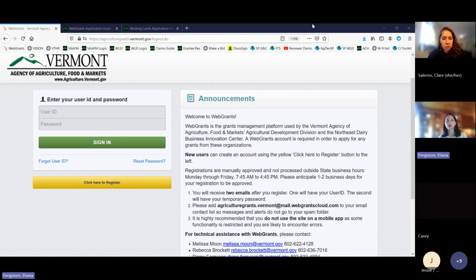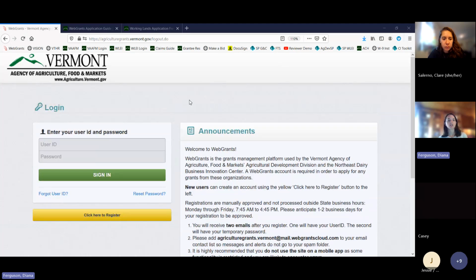So if this is your first time and you haven't yet registered, then you can visit this link, click here to register with the yellow button. It only takes about a minute or two. There's sometimes announcements logistically related on the homepage. If you have an organization where you will have multiple folks working on the application, we'd recommend that everybody has their own login, and we can give you multiple people access to the application. So you're not having to share one name, and we know who to contact if we need to,